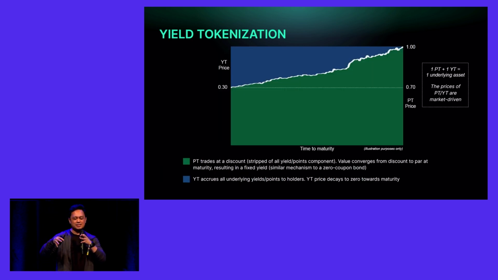So this has a very directly correlated relationship between YT and PT. YT is your time-depreciating asset, because over time you get less and less yield and it becomes worth less at maturity. While PT is your time-appreciating asset, because it becomes redeemable one-to-one at maturity. So you can buy PTs at a discount, wait until maturity, and redeem them for the underlying asset. And for YTs, you can hold them, earn all the underlying yields and all the points, and it becomes worthless at maturity, because you're basically long, or very bullish, on the yield itself.